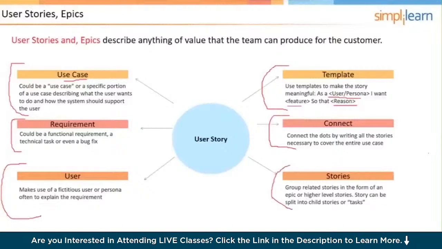And the stories are grouped to form an epic or higher level story, so epic or theme. Stories can then be split into child stories or tasks, and so that's what we were covering before, right? So you have themes up at the top. That's the biggest grouping, if you will, used primarily for